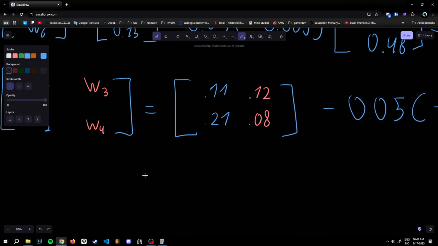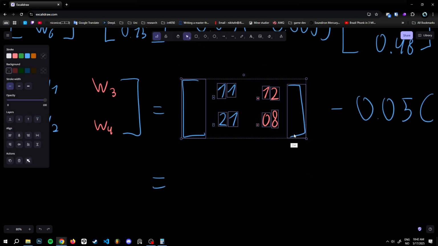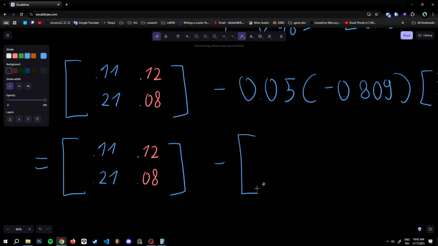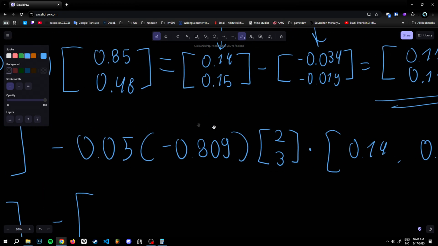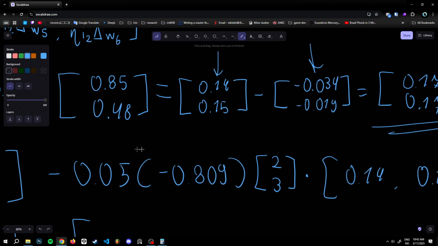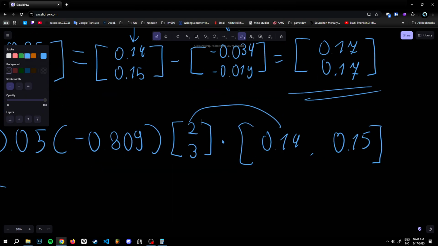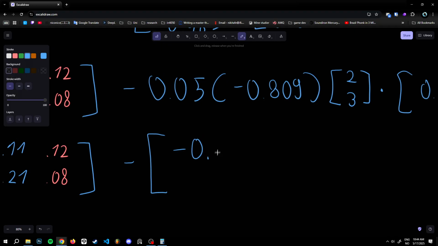And now we just calculate it, so I'm just gonna make it on a new line. I'm just gonna be a little bit lazy here, just copy this, and then we're gonna do minus. We're gonna be skipping some steps, but if you guys remember what we did here, it's basically the same stuff. We multiply these two together, then put it in here, then multiply it with this, and then multiply it with this, and the value that you get, multiply these together, then you multiply this with this, and then this with this. The output of this is going to be minus 0.011,